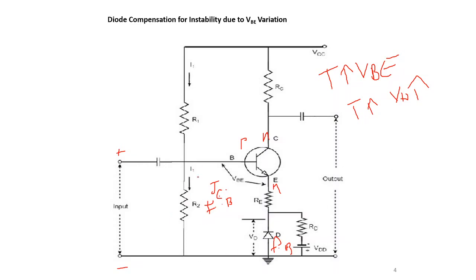So I am assuming the current flows here. This one is I1 current in this direction, and in this direction there is a flow of IB current, right? And in this direction there exists a current of IE. So apply the KVL equation in this loop. So here in this direction the current is, positive and negative. Here the current is in this direction, so positive and negative. So apply the KVL equation.